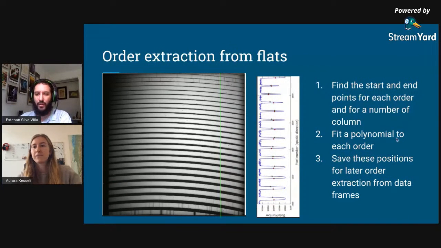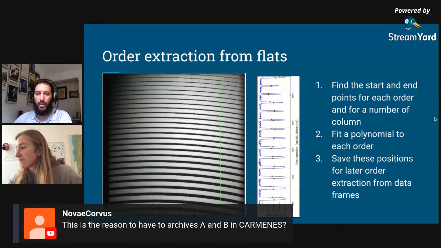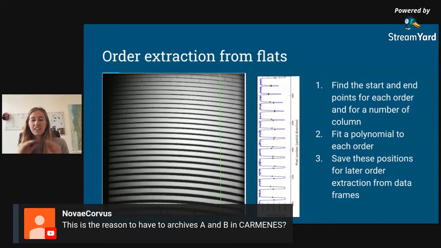Aurora, yes, you have one question here on the chat. It says, this is the reason to have two archives, A and B, in Carmenes? Yes, exactly. In Carmenes, you'll see all of the time it says vis_A and vis_B. This means that the star was placed in the A position. And for the observations that I gave you, we were only looking at the A position because oftentimes if you are looking,